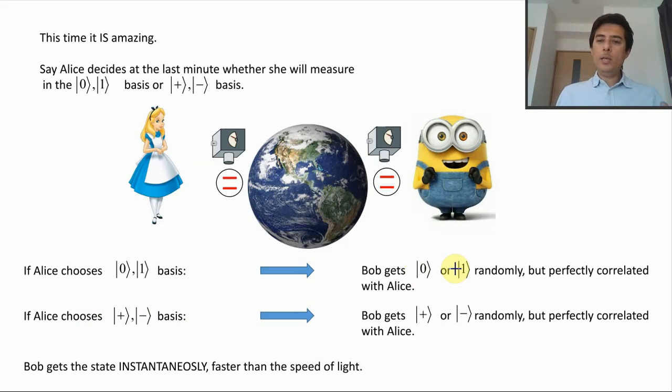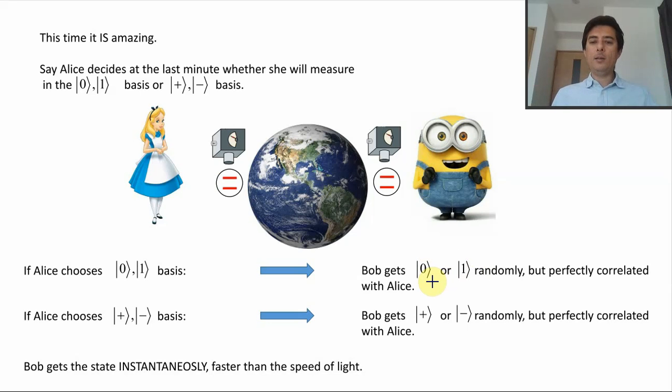And so what is happening here is that Alice, by choosing which setting to make in the device, is actually influencing what states Bob is getting, right? Because these 0 and 1 states are different from the plus and minus states. Plus means a superposition of 0 and 1. Minus means it's also a superposition, but with a minus sign. But Bob gets 0 or 1. These have no superposition. So Alice is actually